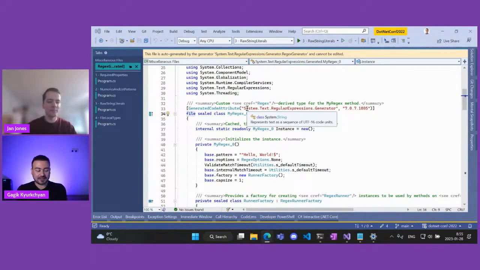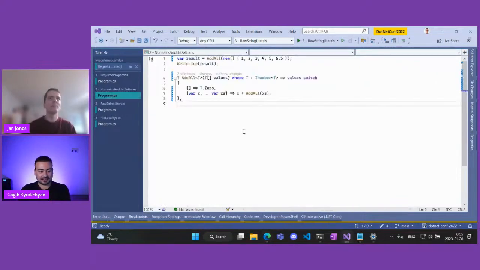And by the way, regarding the generic number constraint, back in, I believe, 7 or 8 years ago, I was building some kind of calculator and arithmetic operation parser and all of that. And I actually had to do this myself. Of course, it was a much simpler version, and the interfaces would only implement the operations that I needed. But it's pretty cool to see that it is finally a part of the language.